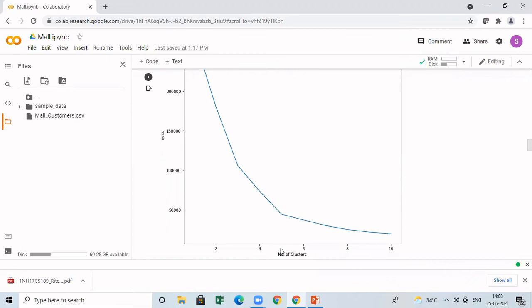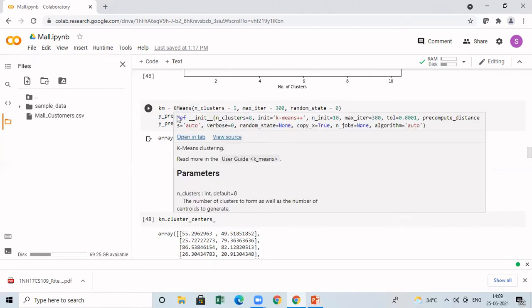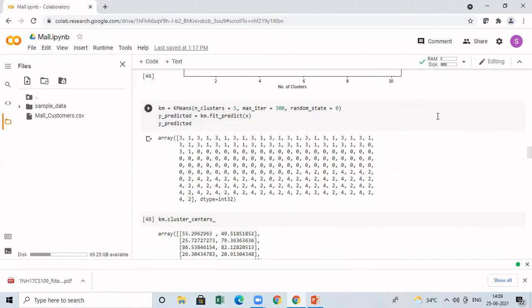Now you have to again go for the k-means clustering algorithm and cluster the objects. Whatever we have done in the elbow method is just to identify the optimal number of clusters. Now we are going to create them, to see in which cluster the objects are associated. So first for that, we are going to create the clusters now. For that, I'm going to call the k-means algorithm. Now I'm passing 3 arguments. Number of clusters is equal to 5, because now I found that the optimal number of clusters is 5. Then I'm setting maximum iterations as 300, random state 0.